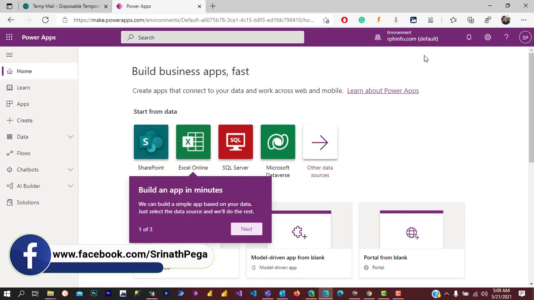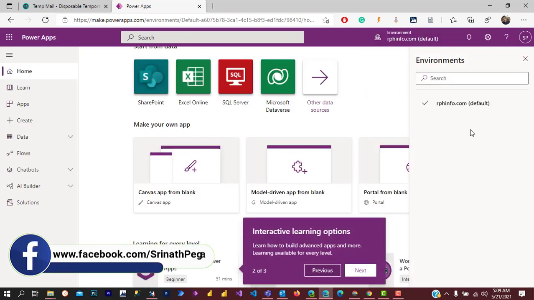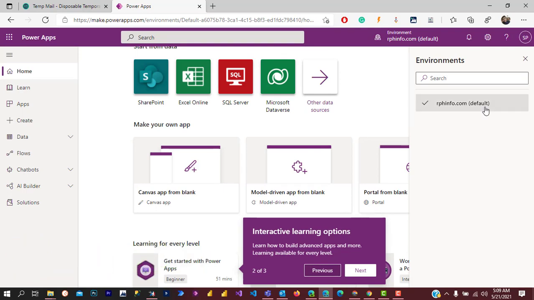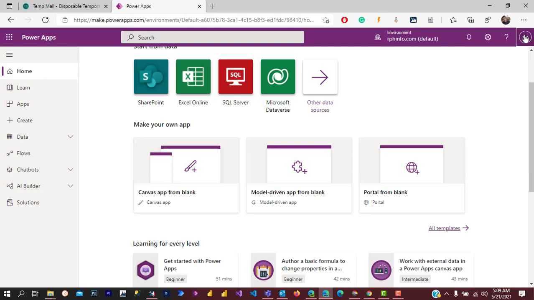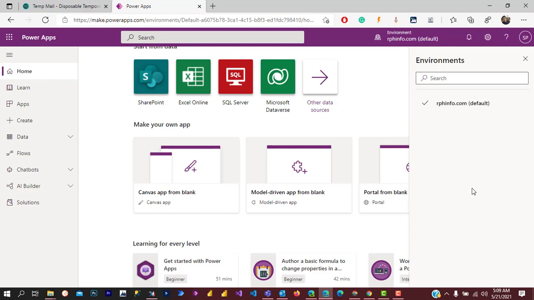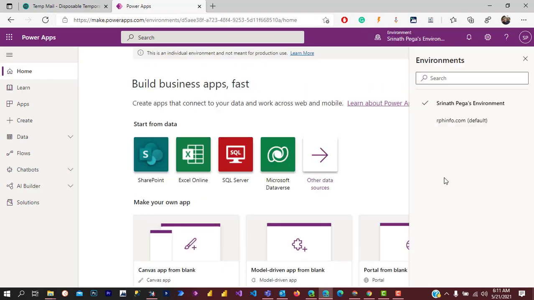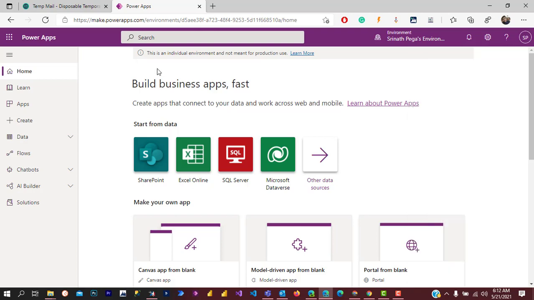And now we can see that we have only the one environment, which is the default. Let's close this and we'll see the email ID for this. So this is the ID we can log into Power Apps with. Right now we don't have any environment to work on. Just refresh. We got one more environment created, and it's also saying that this is an individual environment and not